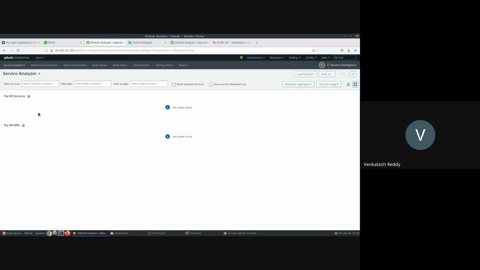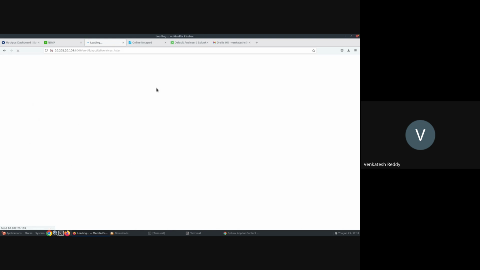So here we don't have any services. This is how the ITSI homepage shows. When you want to create a service, let's go to configuration, then services.